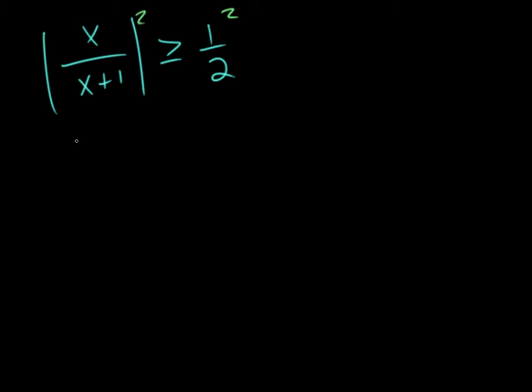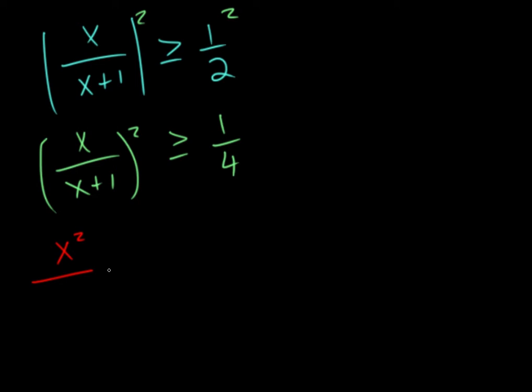Okay, looking at the next one. So when we're doing this one, we're going to square both sides again. So we end up with x over x plus 1, quantity squared, is greater than or equal to 1/4. When we square this, we just square the top, square the bottom. So we end up with x squared. And if you go through this, it's going to be x squared